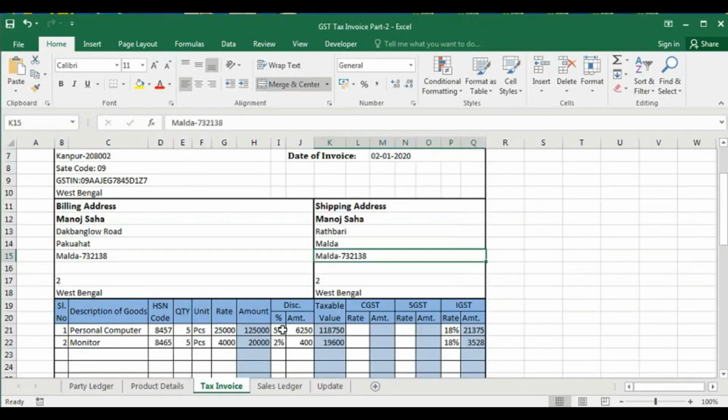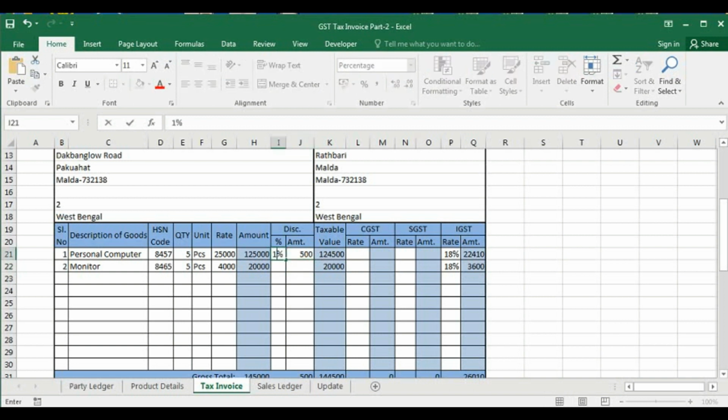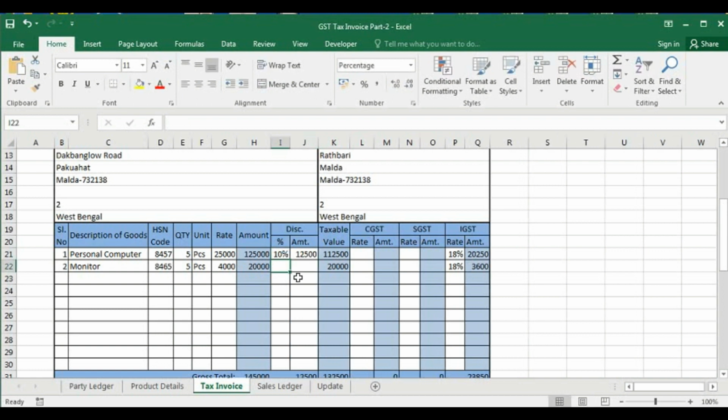In the second part, I have added the discount percent column and the amount column. The amount column was done previously and the new one is the percent column. If we delete the percent column, nothing happens. We delete this also. Suppose now you place here an amount of 500, then you can see 1,25,000 and the 500 is deducted, giving 1,24,500. But if you put here 10%, then what happens?